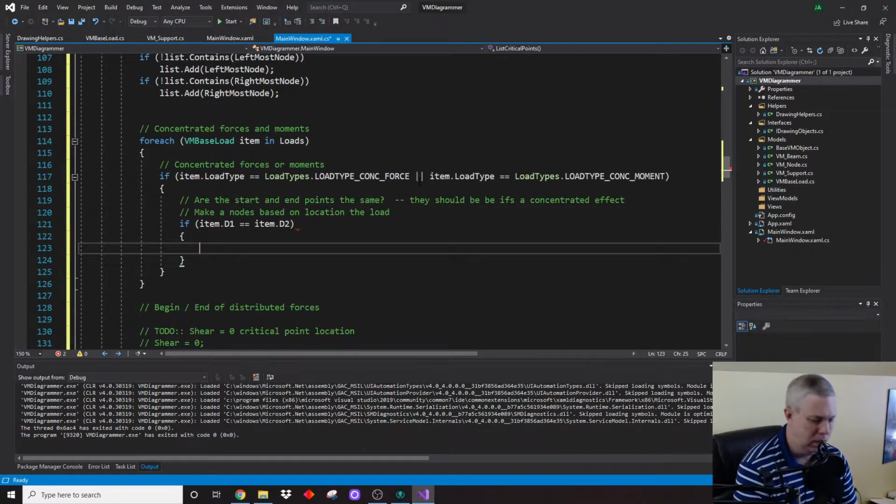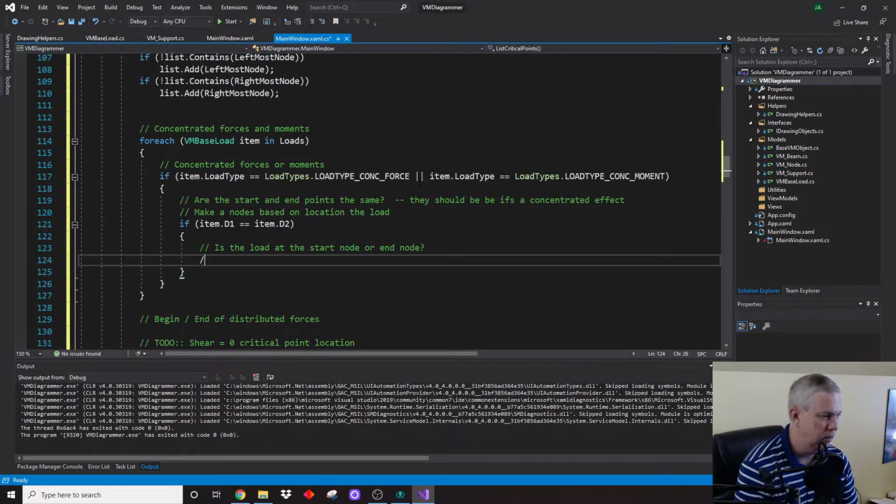All right, and once we're in there, the question is: is the load at the start node? That's the first thing we need to check. Or is it at the end node? Because those nodes are already on the list. Okay, so case one,